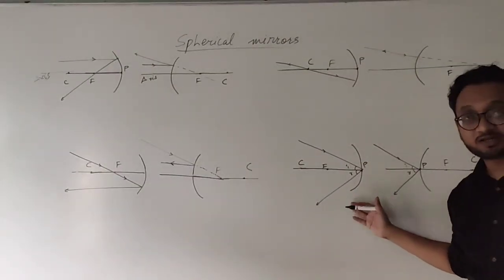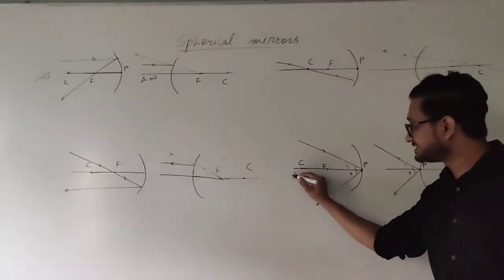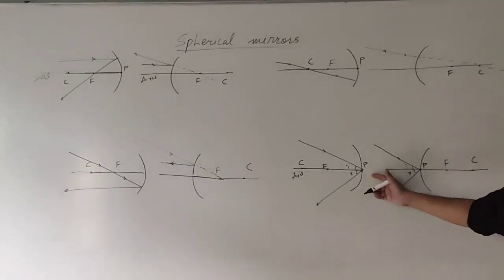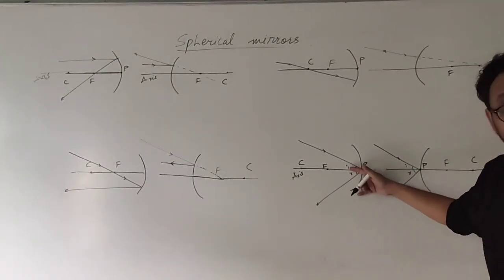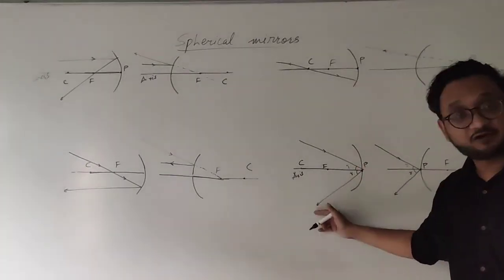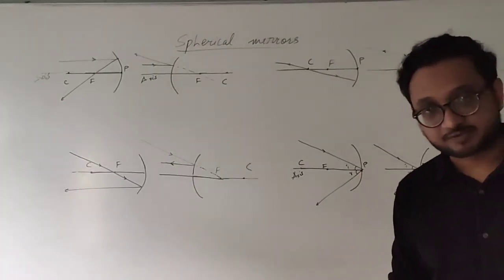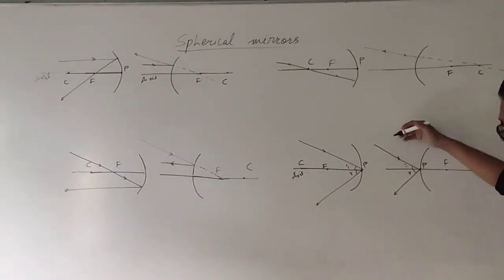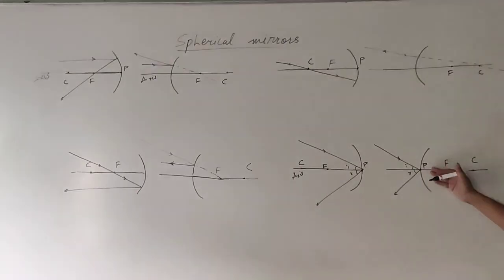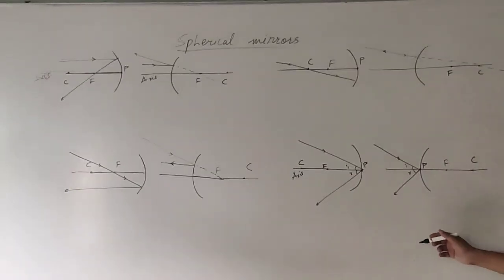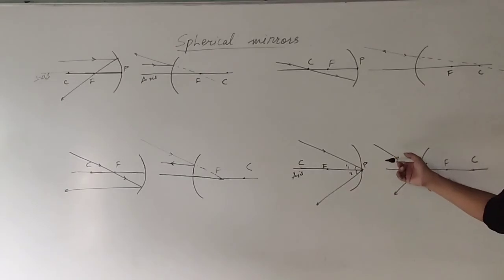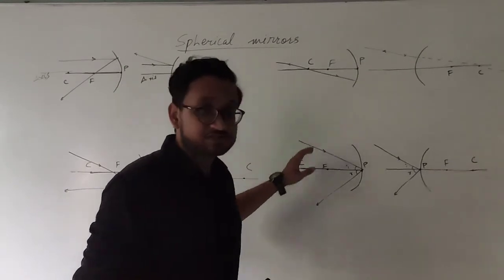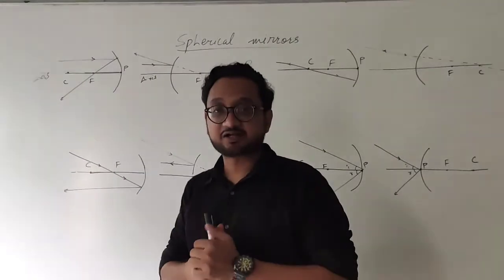And ultimately the last case where the principal axis acts as a normal, and when a ray of light is incident on the pole, at that point it will create angle of incidence. Then the reflected ray of light will create angle of reflection. Okay? Similarly over here as well, if the ray of light passes through pole or is incident on pole, then the reflected ray of light will be created in such a way that the normal creates angle of incidence and angle of reflection. So I hope it is clear to you, students. These are the 4 cases to remember before we move forward, and these are really important.